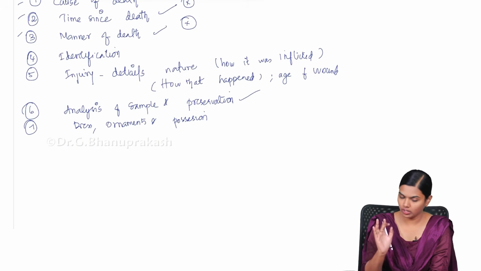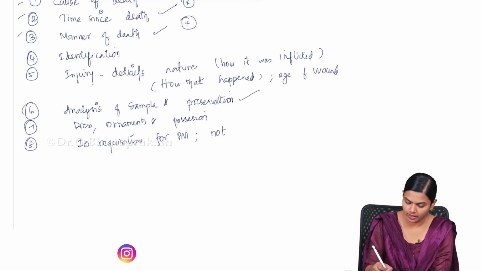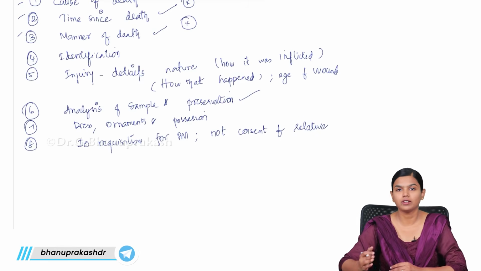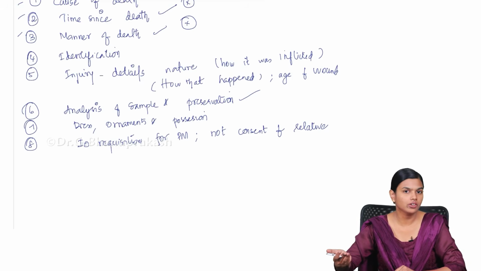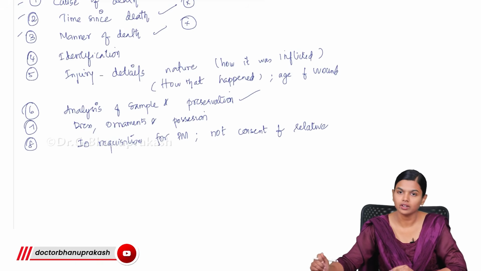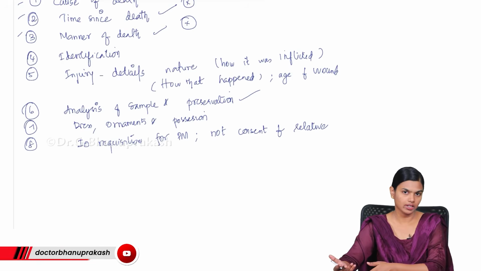And if it is a medico-legal autopsy, the only thing that you need is the IO requisition for PM, not consent of relatives. Like if a relative is saying, I don't want autopsy to be done on my husband, if it is a wife, they can say that. They are the legal guardian, right? The person is dead, they cannot give consent. So next to that person, who can give valid consent would be his wife, spouse, right? So if they are not giving consent, you cannot say that I will not do autopsy since I am not getting any consent from the spouse.